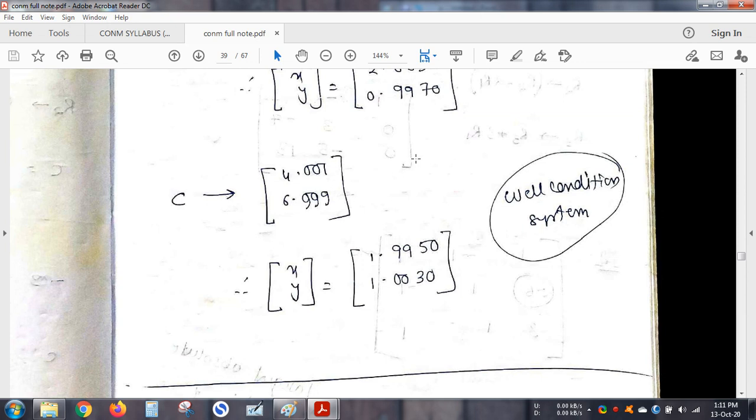So before you proceed, you must know whether your system is a well conditioned or ill conditioned system. There are various ways of finding out, which is not part of this particular syllabus because this is how you apply the numerical method. So here we are only discussing how ill condition and well condition work. For all kinds of systems the method of finding it is different, so that will be taught in the individual subject classes.